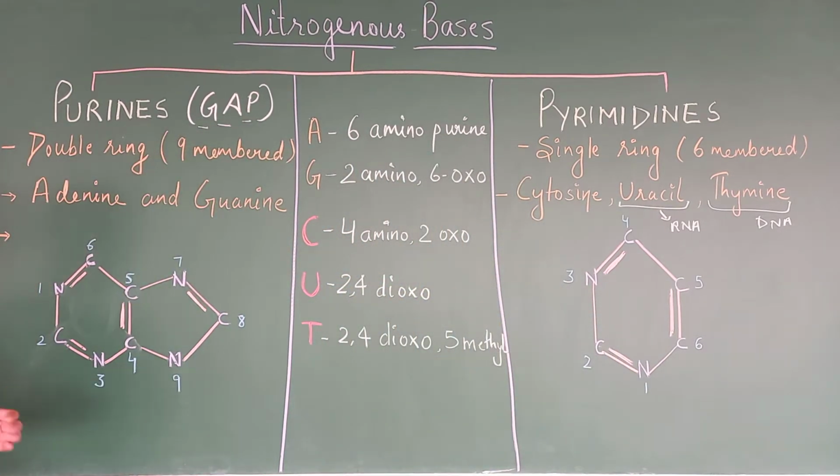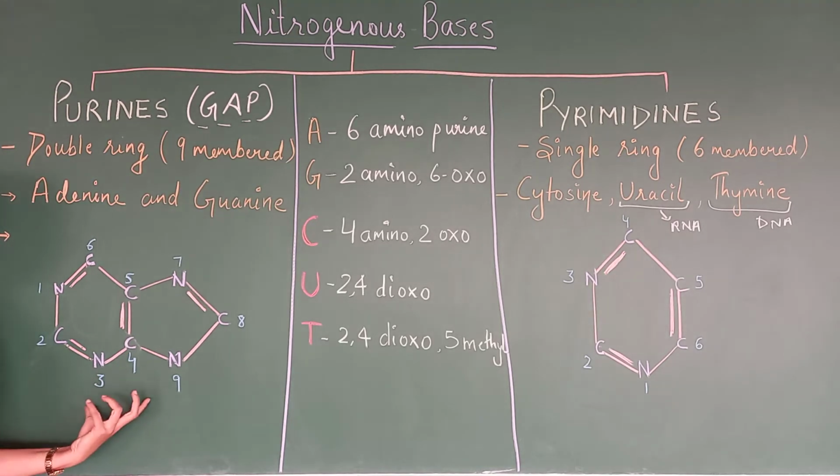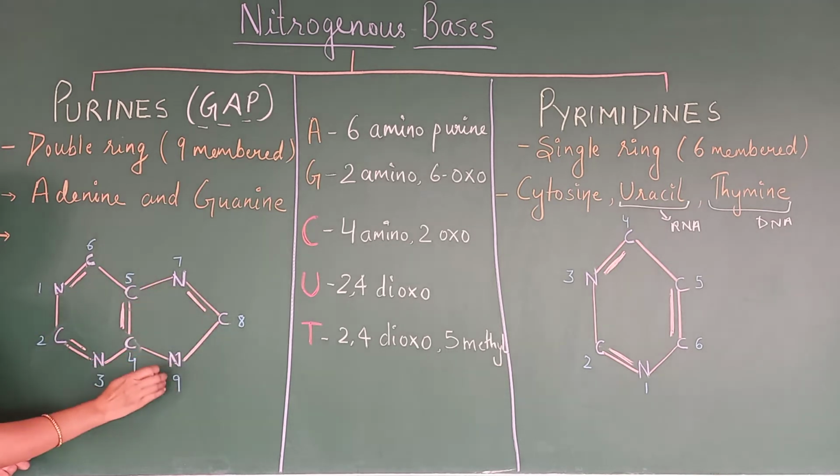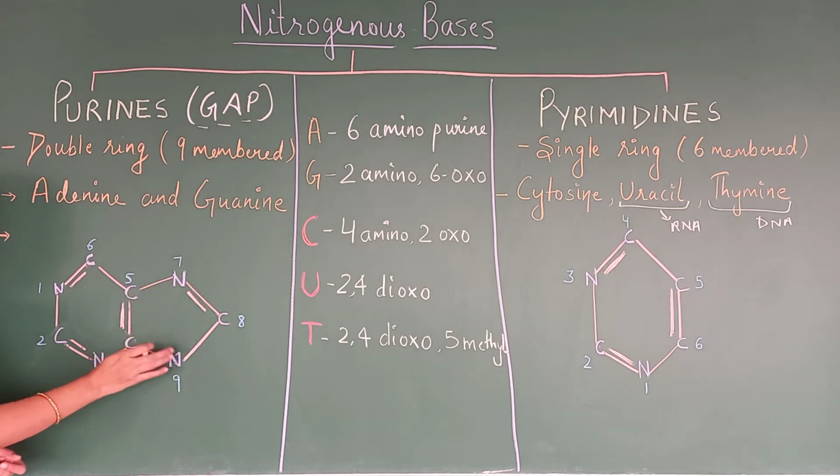Now, let us learn how to draw these structures. So, this is the skeletal structure of the purines. In this only we are going to make the changes. So, first of all we need to draw this structure. How to draw this? C, N, that is carbon, nitrogen, carbon, nitrogen, carbon, carbon. So, this is a 6-member ring, and along with it one more ring, that is nitrogen, carbon and nitrogen.